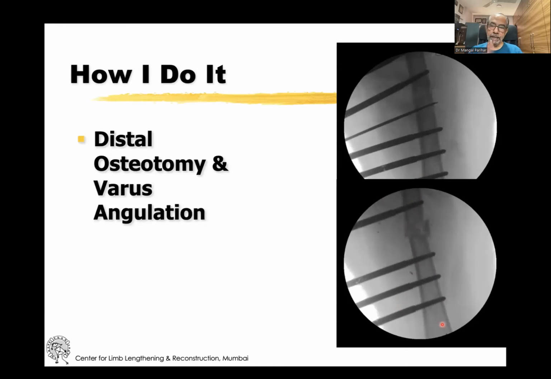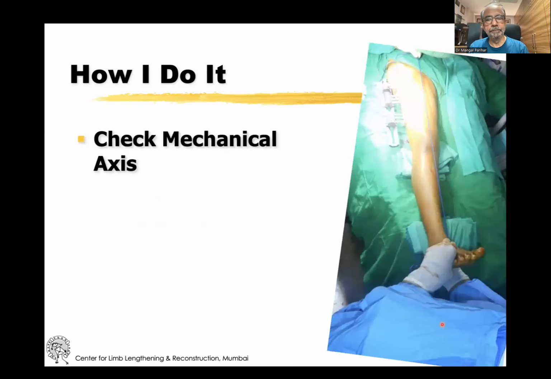This varus is always less. It's not that we put 55 degrees on top, therefore you will have 55 degrees of varus over here. No, with 55 degrees of valgus, usually the amount of varus that is required is about 10, 15, 20 degrees. Usually somewhere around 15 is what it normally comes to, right? But that depends on the particular planning. So now you've got your osteotomy completed and you are set up for doing the lengthening.